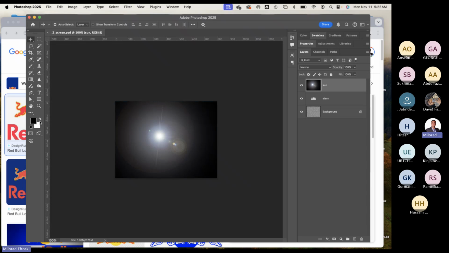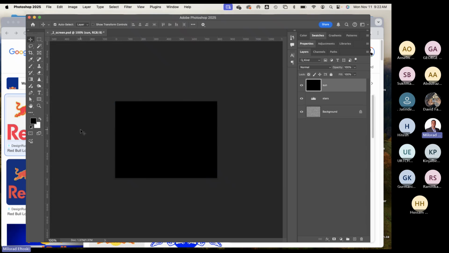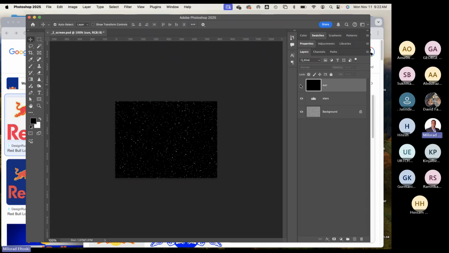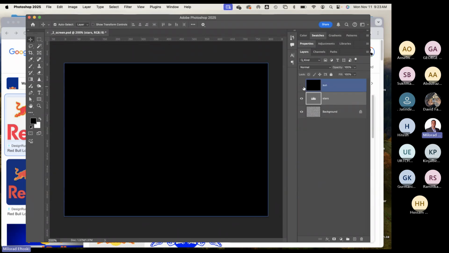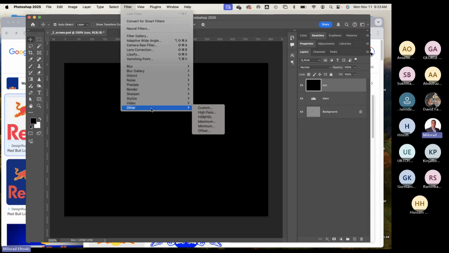To do a lens flare like this, I'm just going to press Option Delete to fill this with a black base color. Underneath that, there's something called stars. This was done exactly like the tutorial I just showed you, where you put little white speckles of dust, so it looks like you're looking into the night sky. On top of this, you have the black fill, and on the black fill we'll apply the filter called